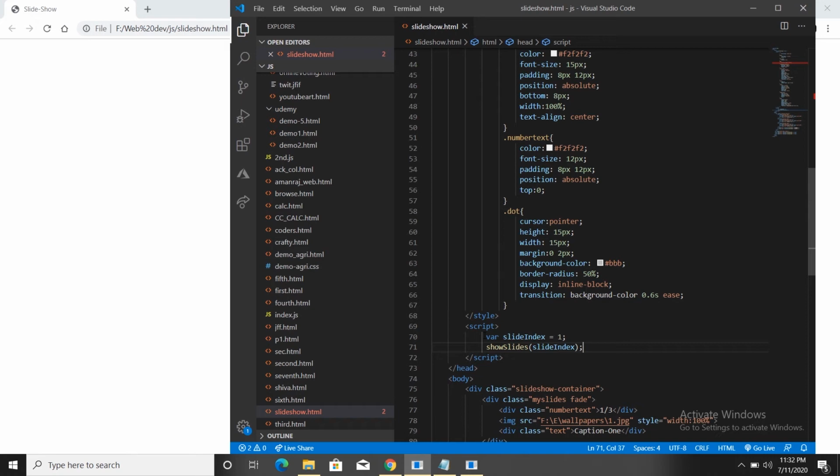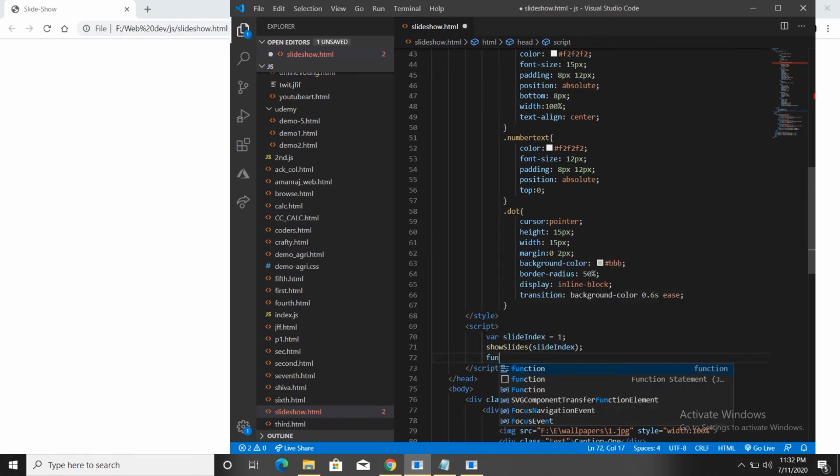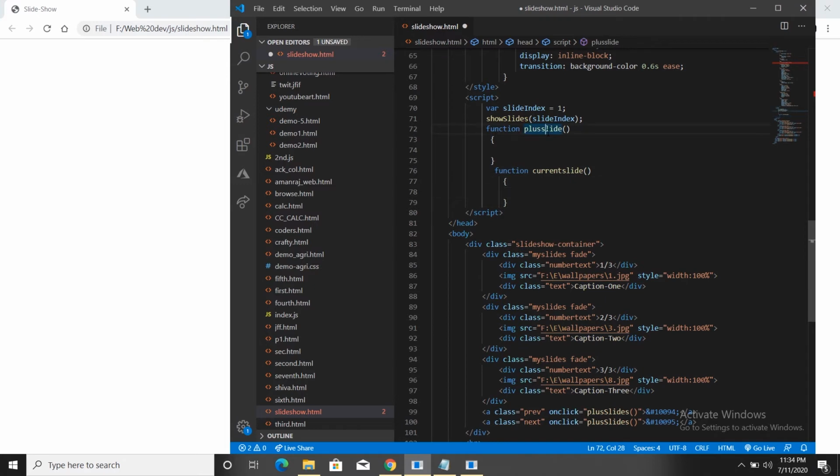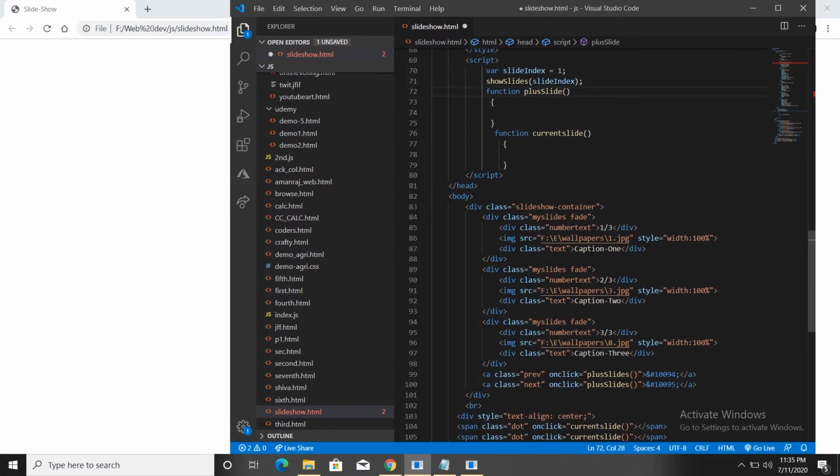Now write the function for plus slides and current slide. So I am writing both the functions. Now in the plus slide, I should shift the index value to a plus value, means I will shift it to a number.